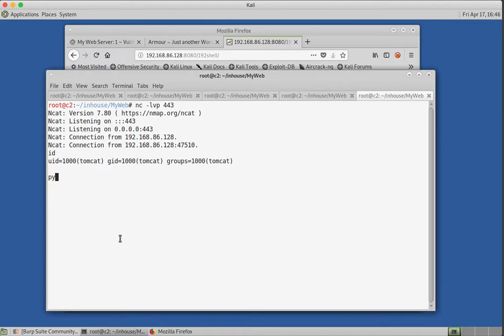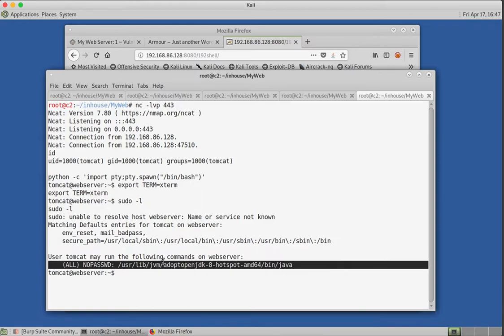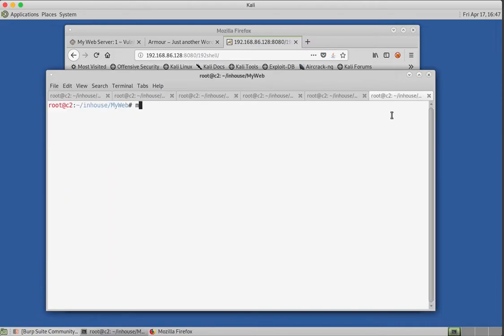All right, cool. So let's clean this up. python -c import pty.spawn. Can't type. And bash. Is that right? Cool. Export TERM=xterm. So I'm going to run sudo -l, and like the other box, we have the ability to run Java as root with no password. So we're going to spawn yet another tab, and we're going to do msfvenom